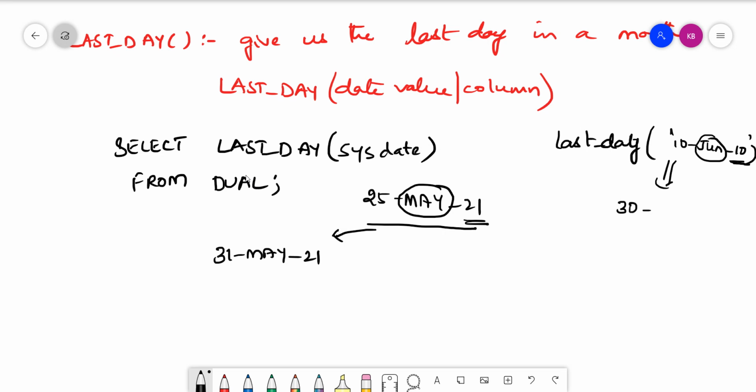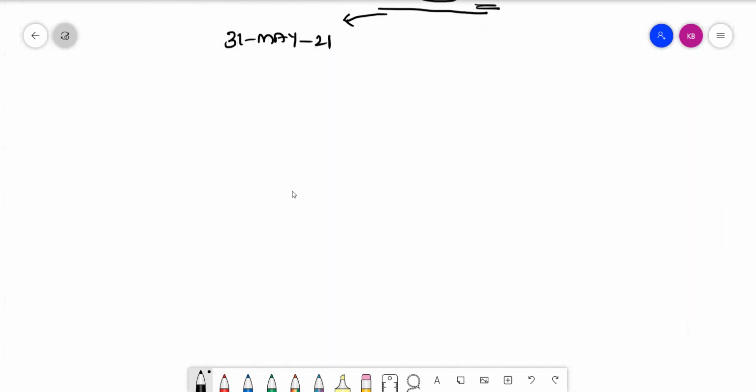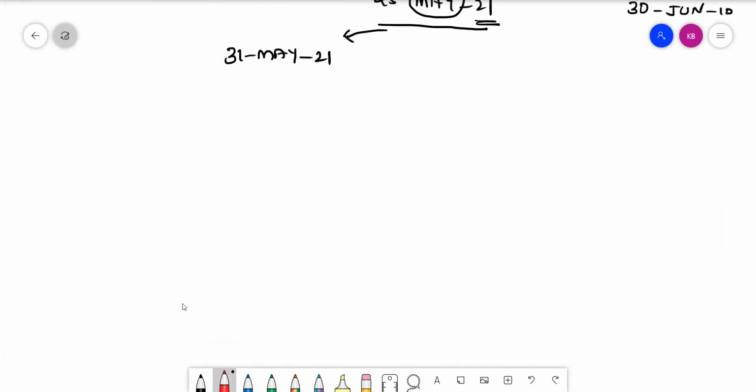So here I'll be writing as 30th June 10. It's up to us, right? So in addition to these functions, just like with the number functions, here also we can perform the round and truncate functions. Okay, so how exactly will these round and truncate operate?